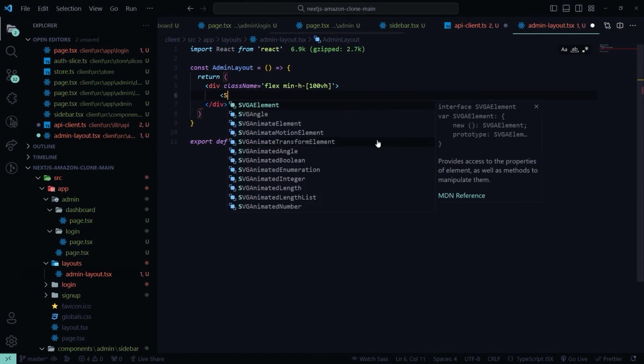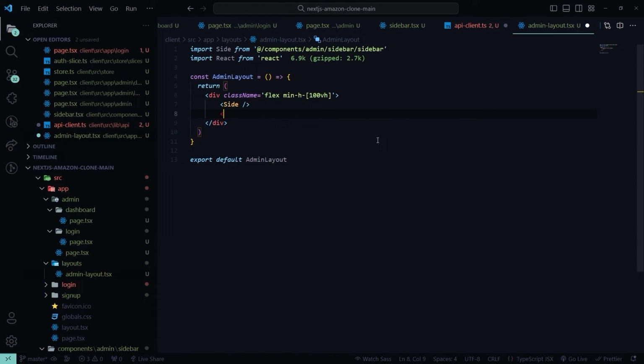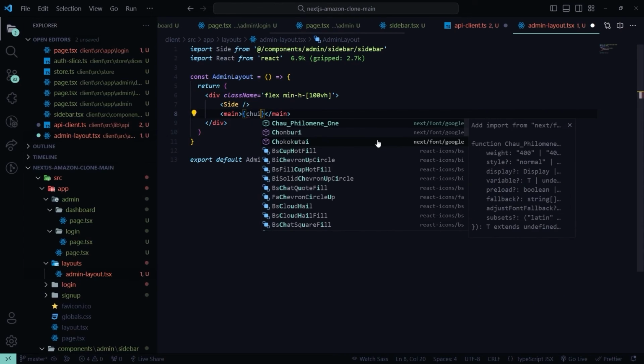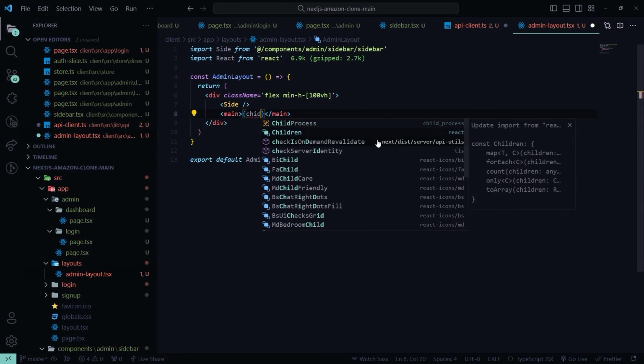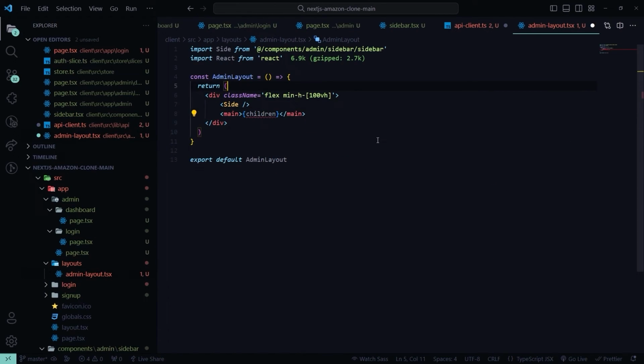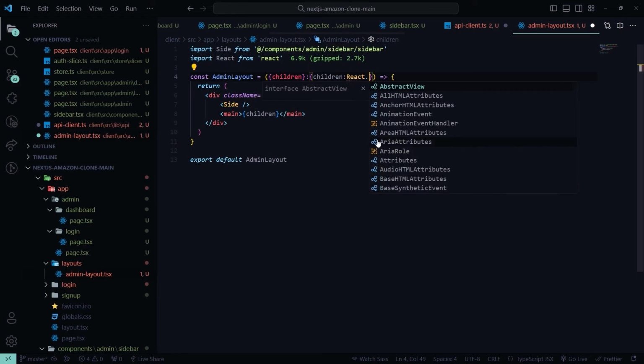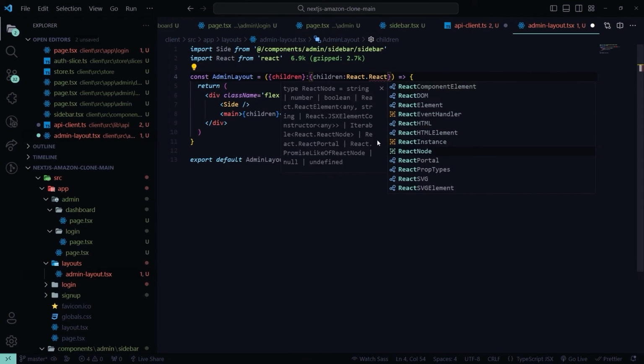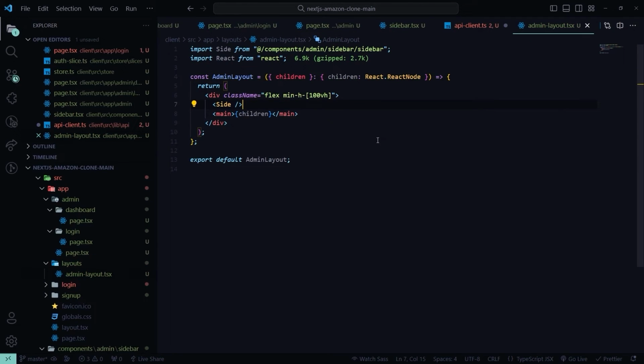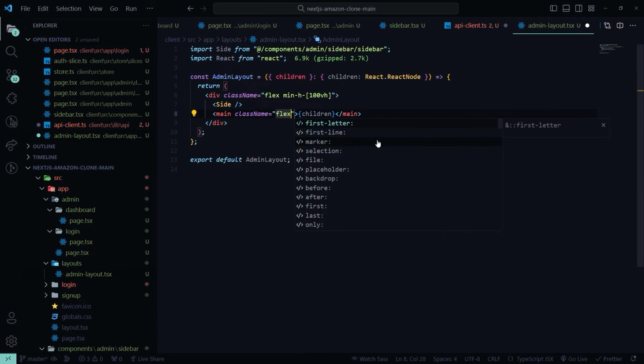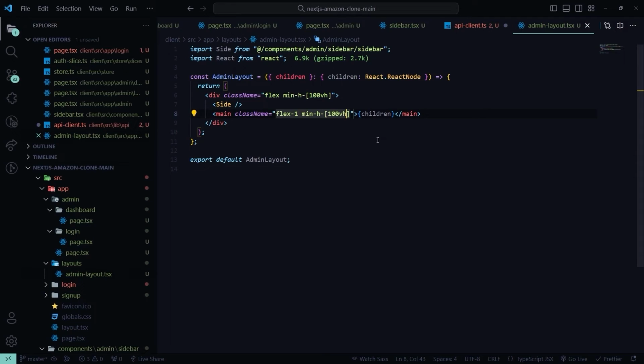and inside of this goes our side component, and then we'll have our main component here, which would be our children. So that should be imported from the props, so children, and we'll have the children from children, and the type of this would be children, React node, this method right here. After this, the main is also going to have a class name of flex1 min height of 100 viewport height, and